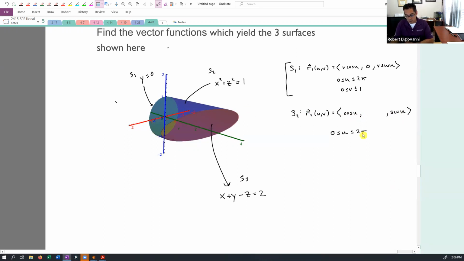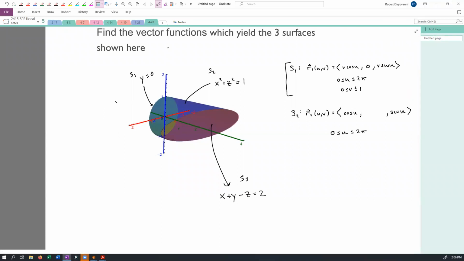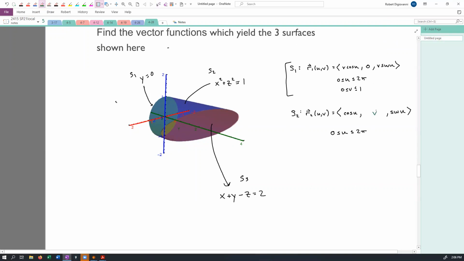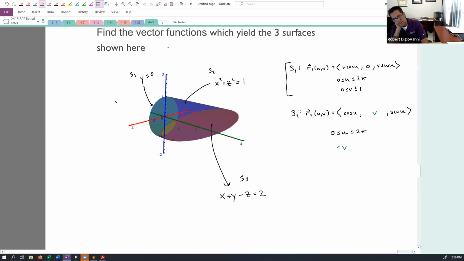So how do I control that? What do I do here? Can I attempt? Yeah, go ahead. So I'm thinking my y component is going to be v. And then we're going to have to bound v between 0 and some function of cosine and sine, maybe. Okay. So you want me to put v here, and you want me to bound that between, you said 0, because